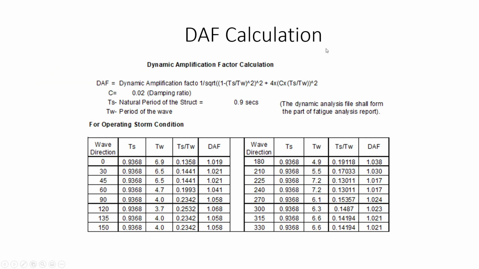Next is the DAF calculation. For any structural steel model, we will put it as a factor. But when it comes to wave, we have to run the modal analysis to get the time period. From the time period, there is a formula; substitute here and you will get the DAF. You have to calculate the DAF for each and every period, and whatever the maximum DAF is, you can take conservatively and apply it in the wave load combination in all directions.